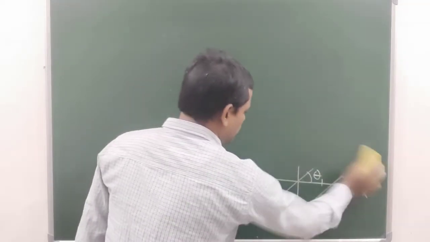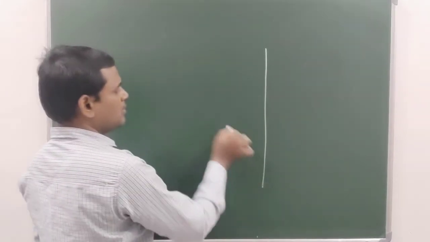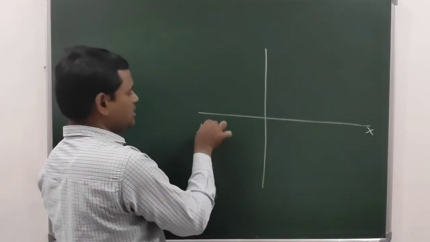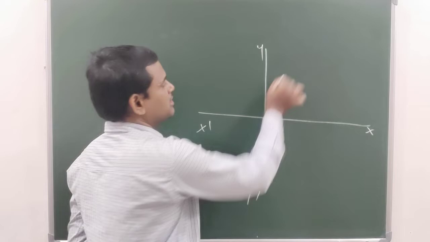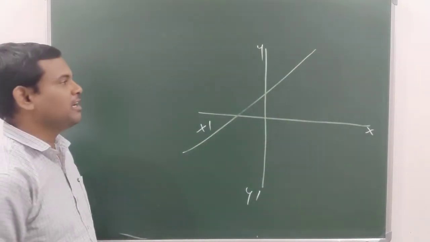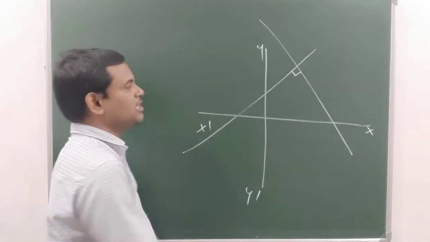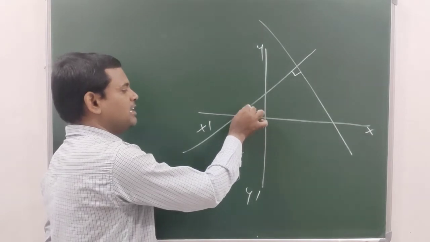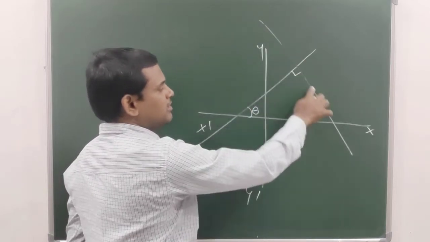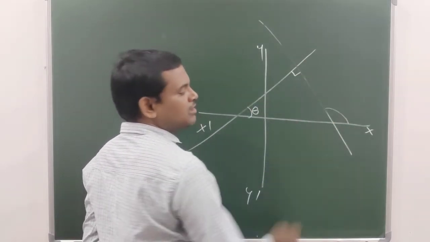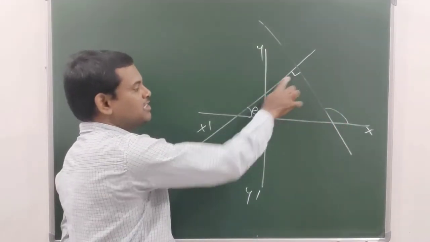Suppose if these two lines intersects 90 degrees to each other. See, let us consider one line like this and one more line like this. So which are intersecting 90 degrees to each other here. Now let us say the inclination of this line is theta and here it is 90. Then see, what will be the inclination of this line? This is the inclination of this line, no? So how much it will be? So here it is 90, here it is theta.